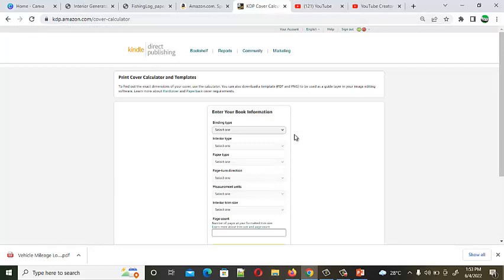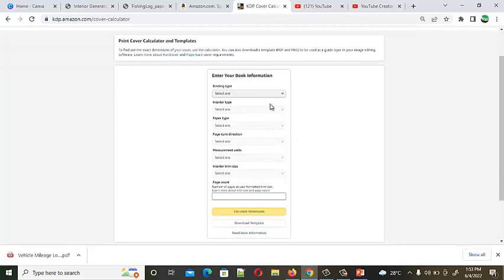Calculator. So then you come to this place like this. So you will navigate to this place. From this place, you click on it, you select paperback because we are doing paperback. For the interior, you select black and white. You can select anything, your own may be premium, standard color, or premium color, but I do use black and white. The paper type is